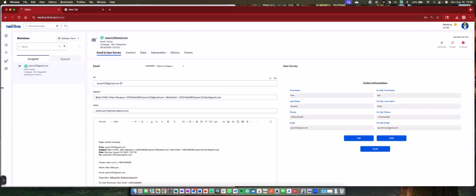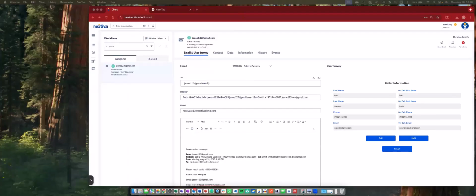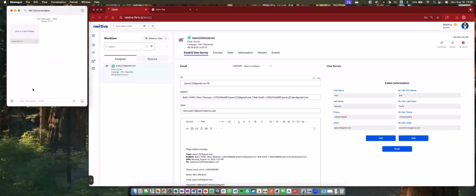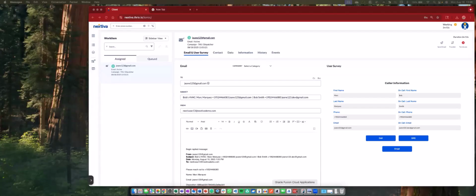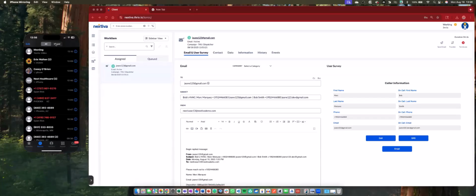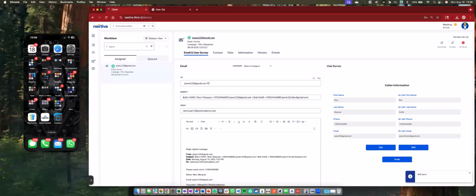So what I'm going to do here is first move a couple things around so that I can showcase what it looks like. I'm going to put my SMSs right here. Now, I'm going to do my iPhone mirroring. That looks a lot better. I'm going to see here that my iPhone mirroring is going to showcase my SMSs. Now, as soon as I click on SMS here, it's going to come in to my phone.